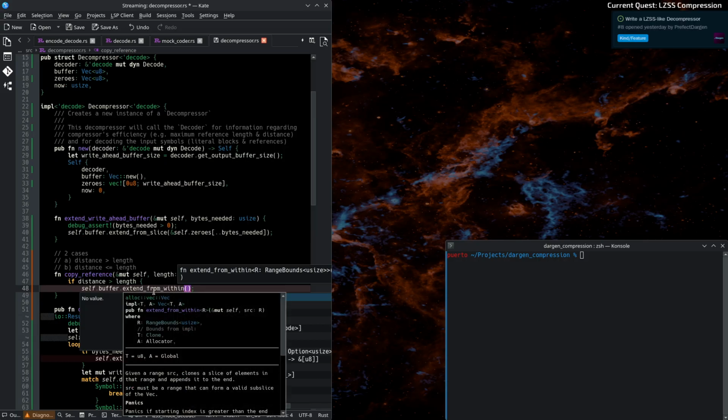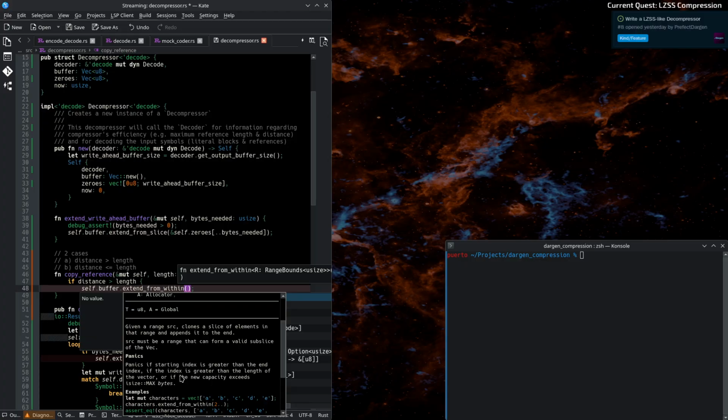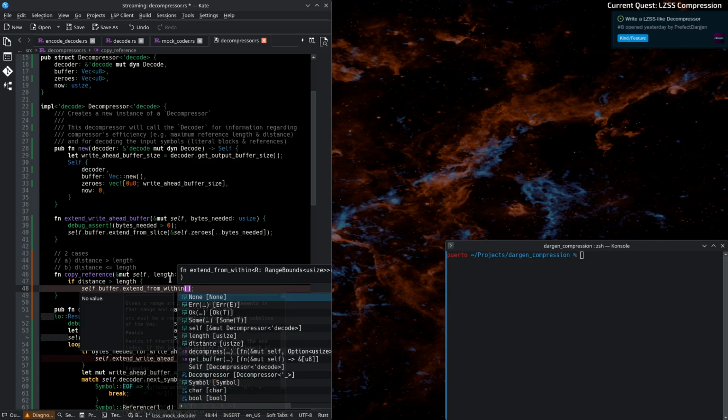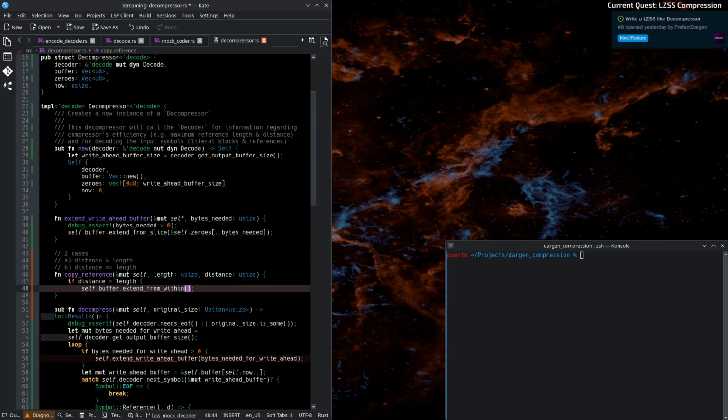So this needs to be passed along range bounds. For example, here it says 2 dot dot of this one. So 0, 1, 2. So it's going to copy CDE, correct. So the range is between